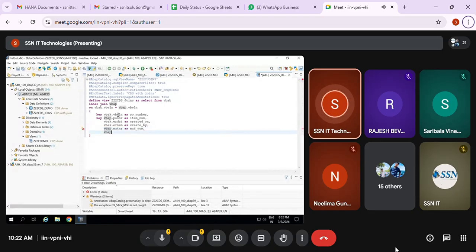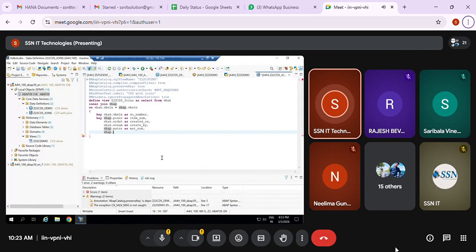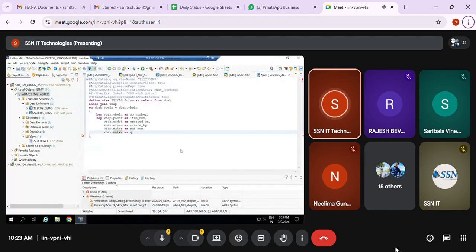What are the fields VBAK I needed earlier, I've just taken. Okay, fine. Another field also from VBAK dot NETWR as, what is that NETWR column? Quantity, yeah? Okay. So like this, I just join both the table fields and get the fields.